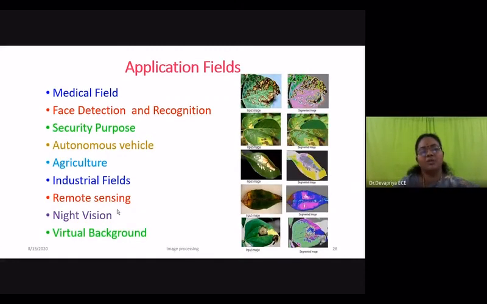Then security purposes. For home or office security, you will be using your thumb or iris, or even your face or voice; everything can be used as a security code. In those applications, it has to capture the thumb image and compare it with the database, whether this person's input is matching the database.